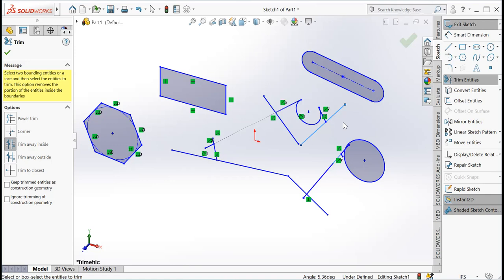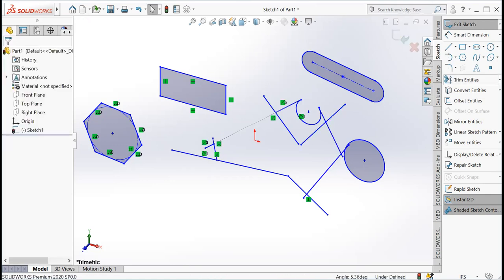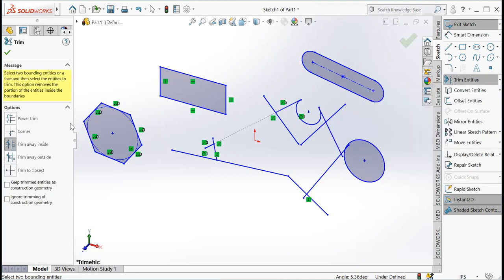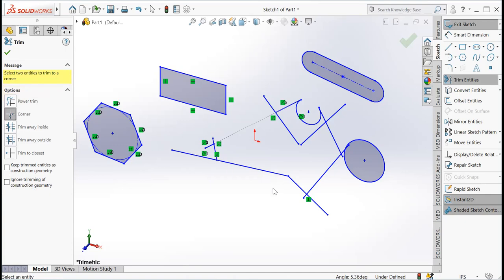So this is the trim inside line. Now next is the corner. I'll select this corner command and I will select this line and this line. Here you can see the corner part of these two lines has been deleted. So this is the corner trim command.